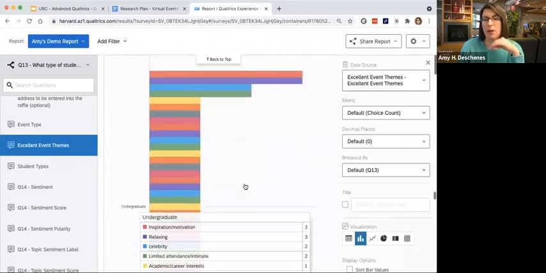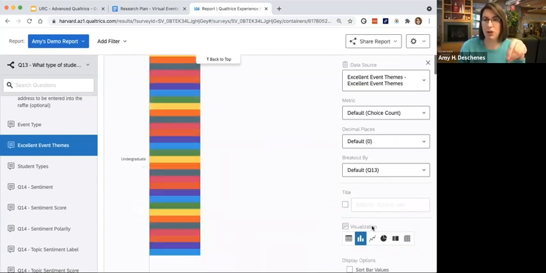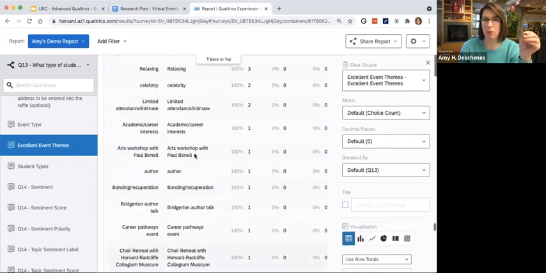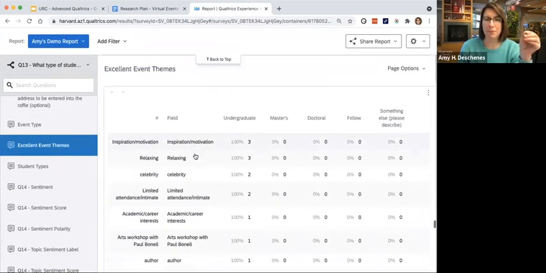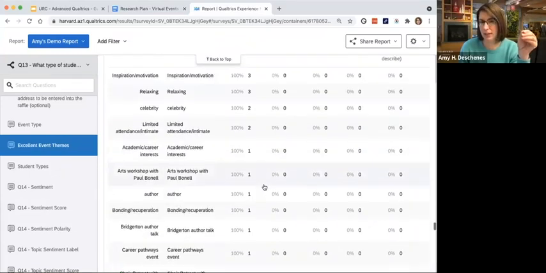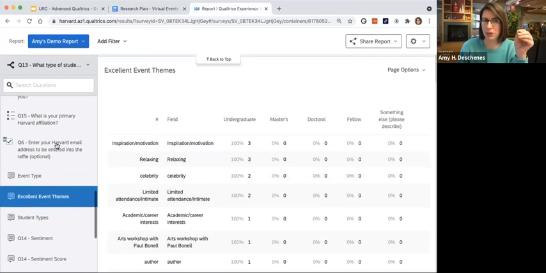And okay, so now just as a reminder, before we set the entire report to default to showing that chart visualization. For this, since it was an open-ended question, I'm probably going to choose simple table because that wasn't really helpful to see how many people put these tags in, right?